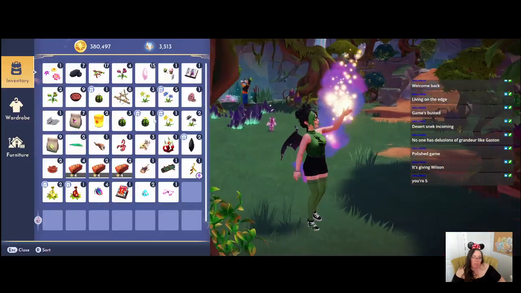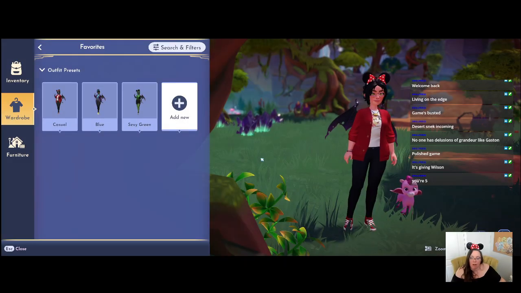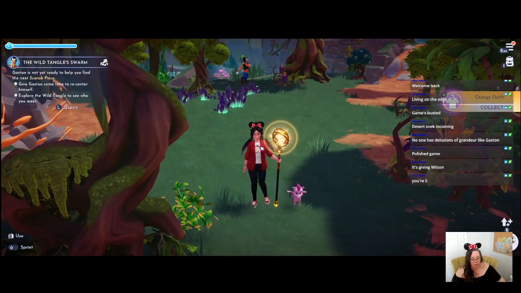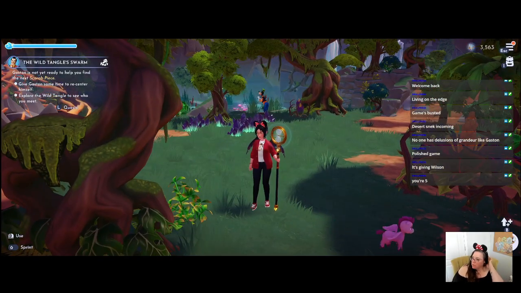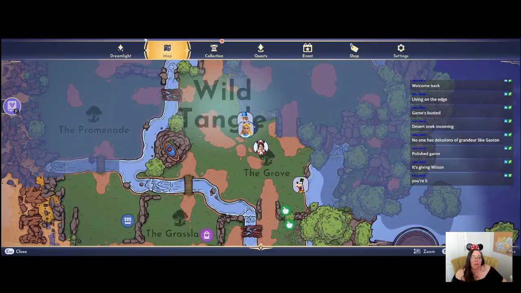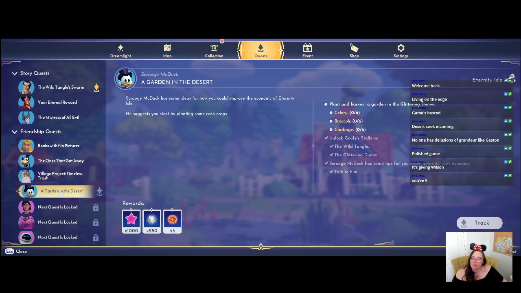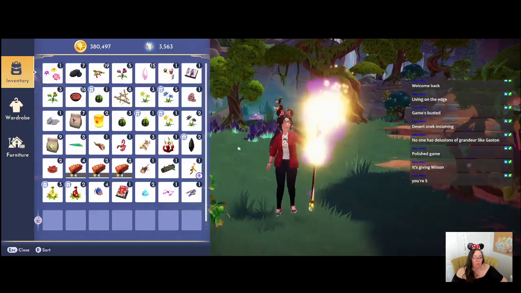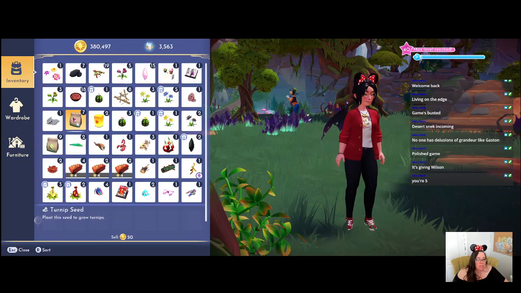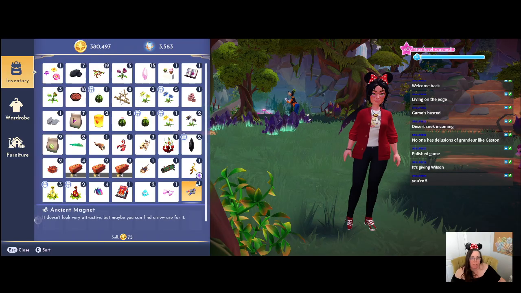Change our outfit because we get points for it, and plus we're not in our favorite outfit as it is. So let's go ahead and put on our mom outfit. Yes. That's what I'm talking about. That's where our power lies. Okay. We were supposed to plant vegetables somewhere. Who wanted us to plant a garden in the desert? So we need celery, broccoli, and cabbage seeds. We have melon, turnip. No, we need to find some. So let's...